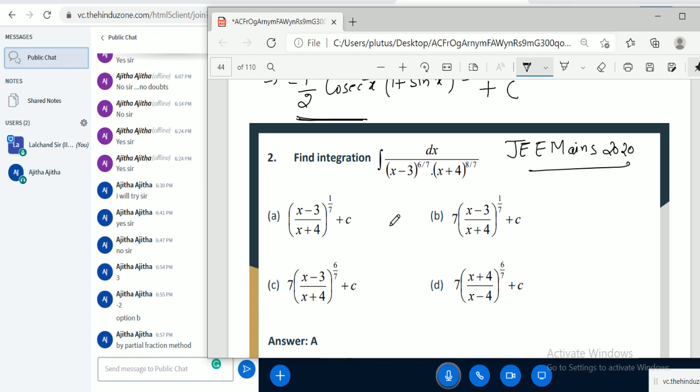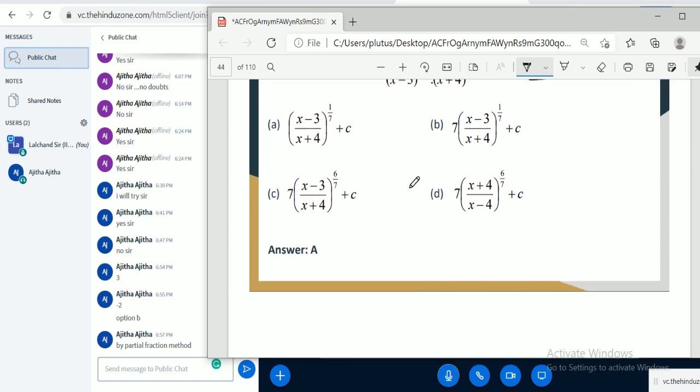By partial fraction? Because here the powers are not integral powers, we cannot use partial fraction, because in case of partial fraction mostly the powers of the factors are integral powers, whole numbers. So we cannot factorize using partial fraction. Here, whenever we have some fractional power, we need to rearrange by multiplying and dividing either this factor or this factor. Most of the time we need to try multiplying and dividing by the other factor.